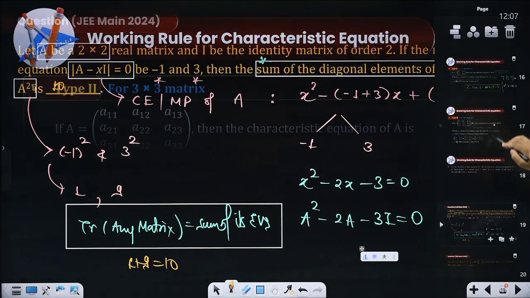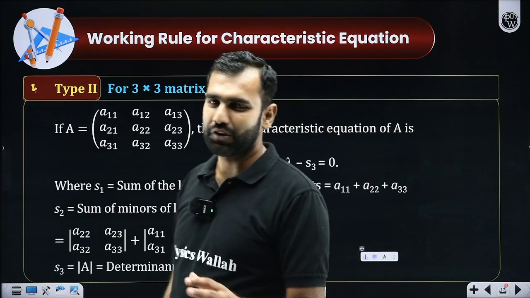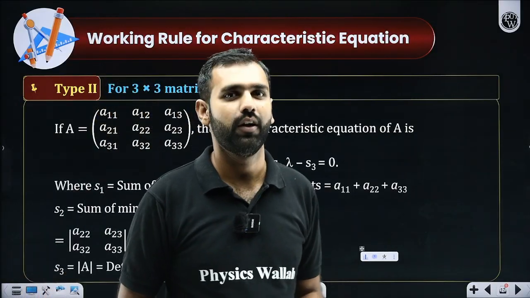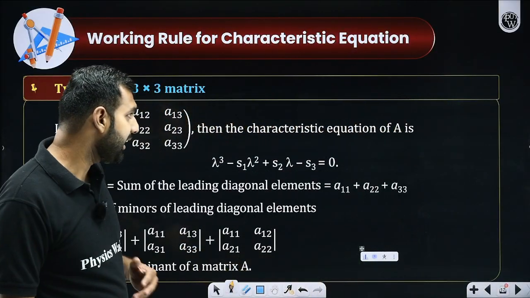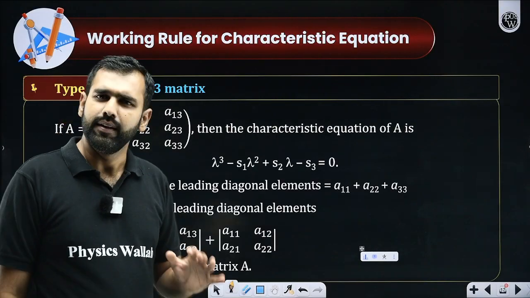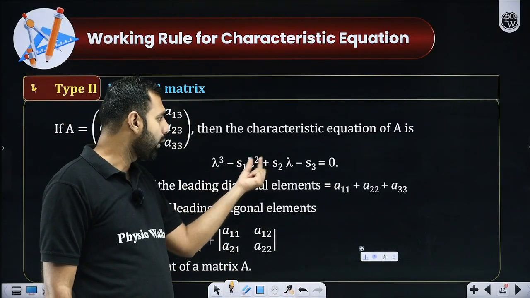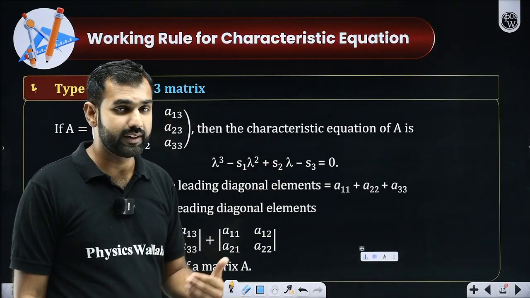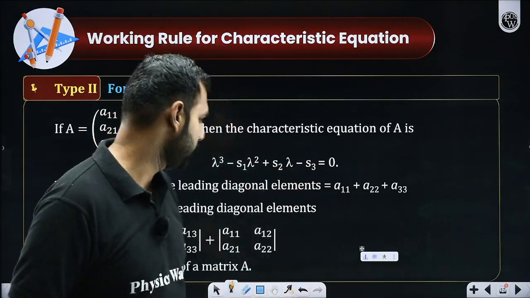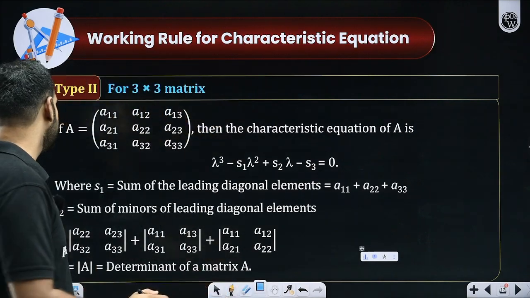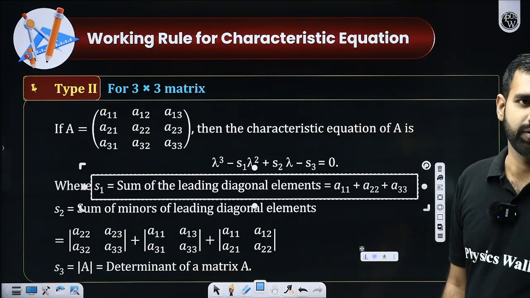With that, let me move ahead with one more piece of data here, then I'll talk about the next question. Now, for 2 by 2 things are really simple, but for 3 by 3 things are a little intricate, a little complicated. How? Let's say there is a 3 by 3 matrix and you want to write its characteristic equation. Then of course, the sign scheme plus minus you follow alternately: lambda cube, lambda square, lambda, and then the constant. But with them, the coefficients are S1, S2, and S3. Sir, what are these S1, S2, and S3? Let's talk about them. So S1 here is again nothing but the sum of your leading diagonal elements, which in our language we treated as trace of A.